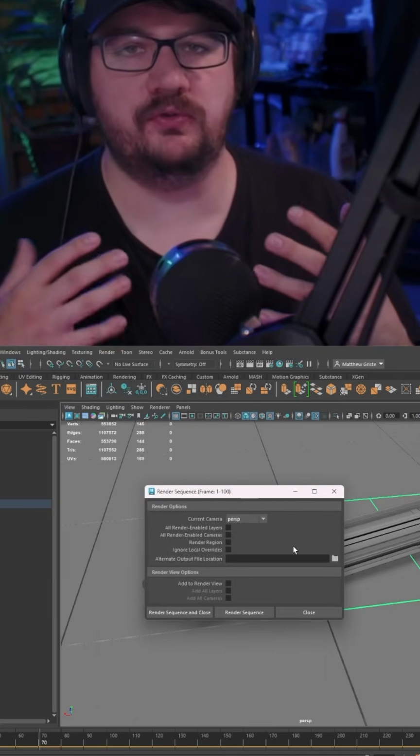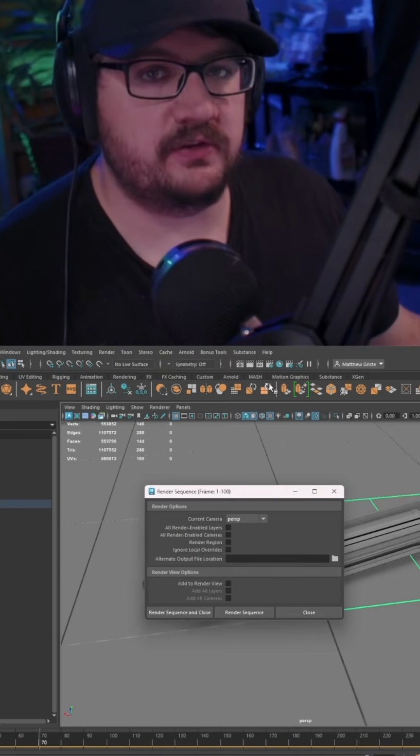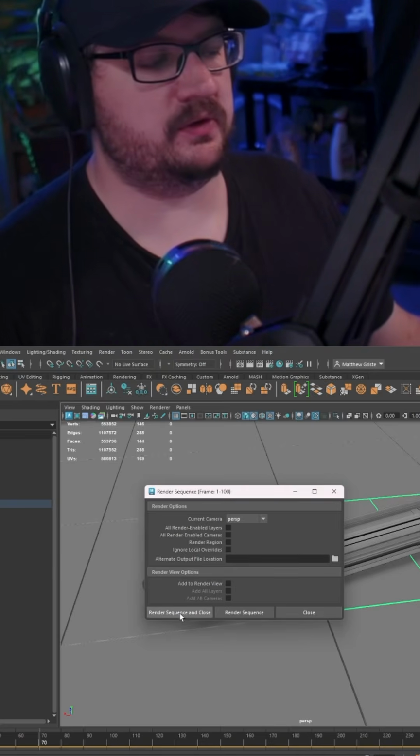And in here, you're going to store where you're going to actually render your sequence out. Everything in here should match what you enabled in the other settings box. And then from here, you can either render sequence and close or render sequence to be able